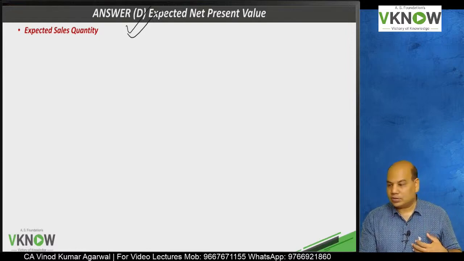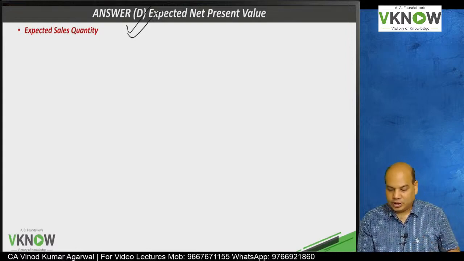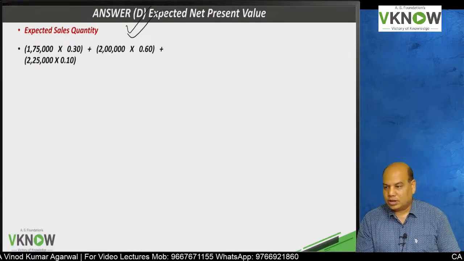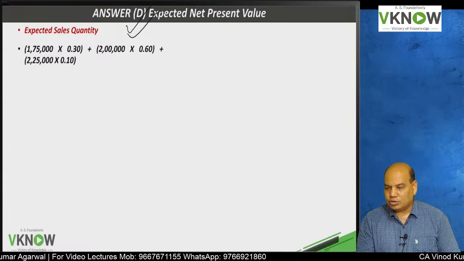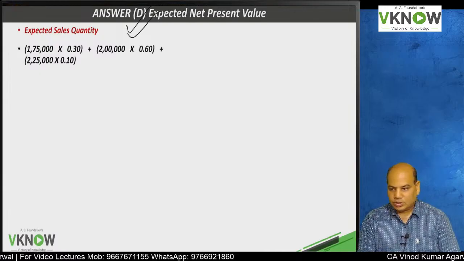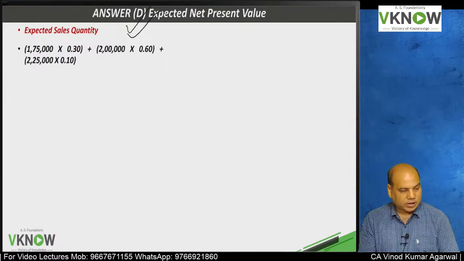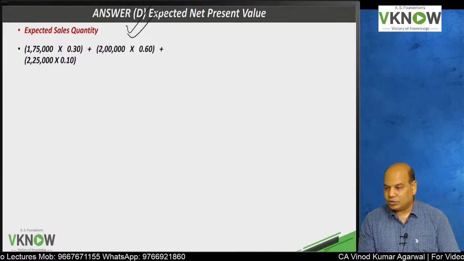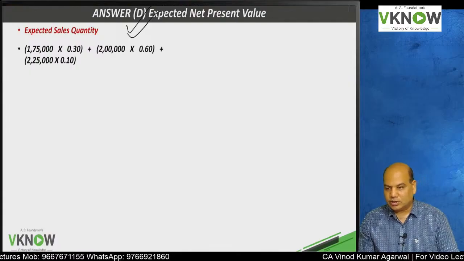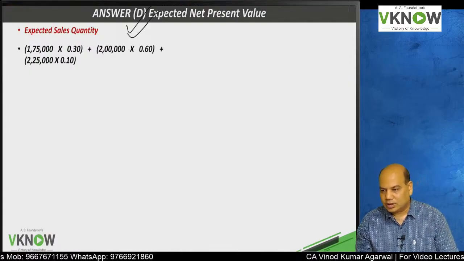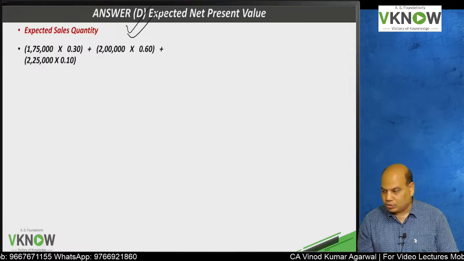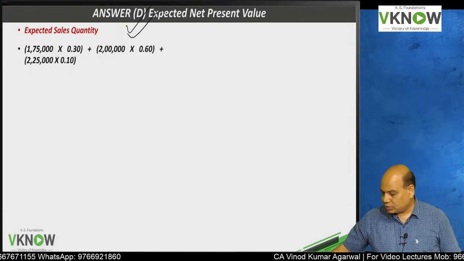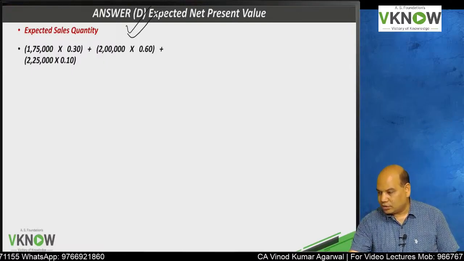Answer of last part, expected NPV. Under expected NPV, first you need to find expected sales quantity. Write down: expected sales quantity is equal to